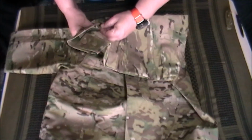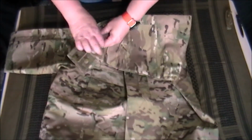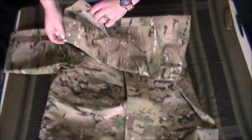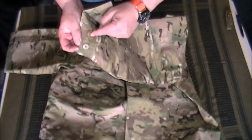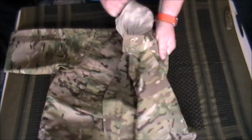Right, the buttons are melamine, they won't chip, they won't melt, they won't break. They're bulletproof. If you run out of ammo, perhaps you want to get your catapult and fire your buttons at the enemy. Right, turn the sleeve inside out, just to show you these